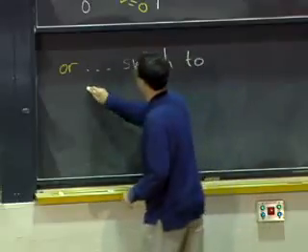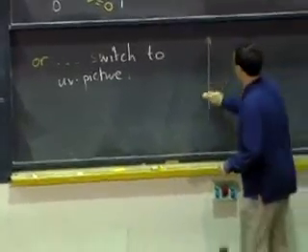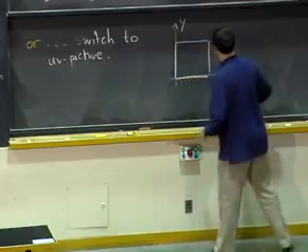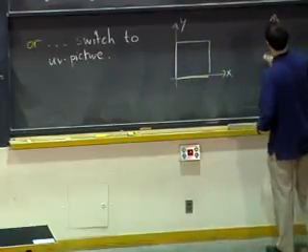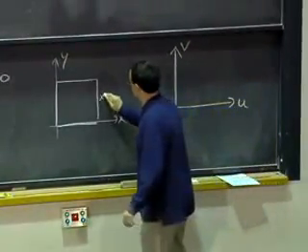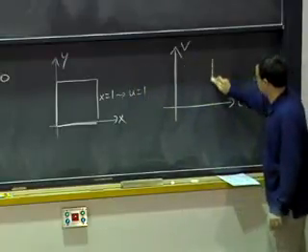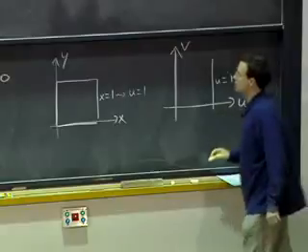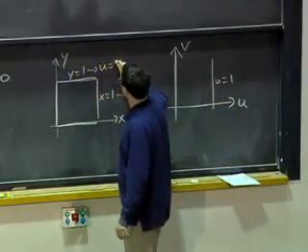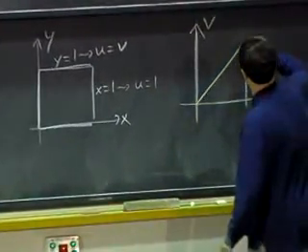Switch to a uv picture. So what do I mean by that? Well, we had here a picture in xy coordinates where we had our sides. And we're going to try to draw what it looks like in terms of u and v. So here we said this is x equals 1. That becomes u equals 1, so we'll draw u equals 1. This side we said is y equals 1, that becomes u equals v. That's what we've done over there. Okay, so u equals v.